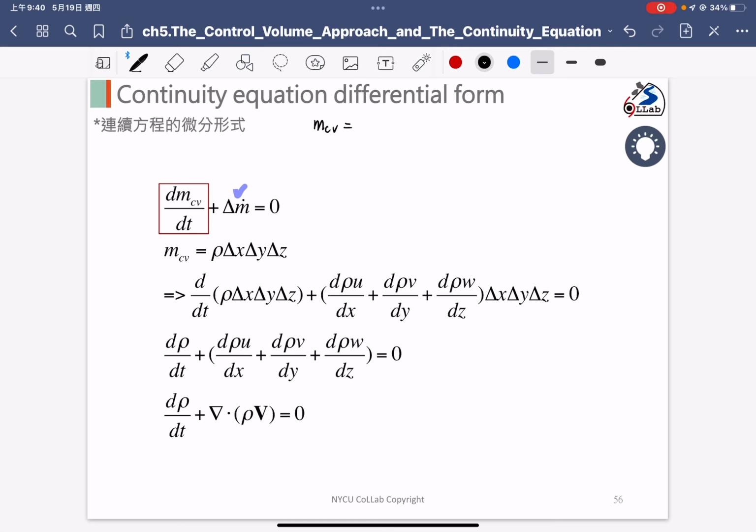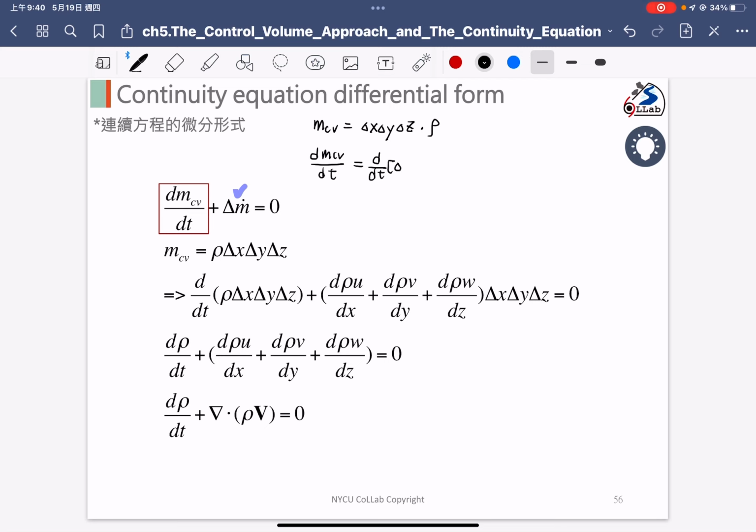Because the particle is a cube, the volume is dx, dy, and dz, and the volume multiplied by the density is the MCV. So if we calculate dMCV/dt, it will equal the derivative with respect to t